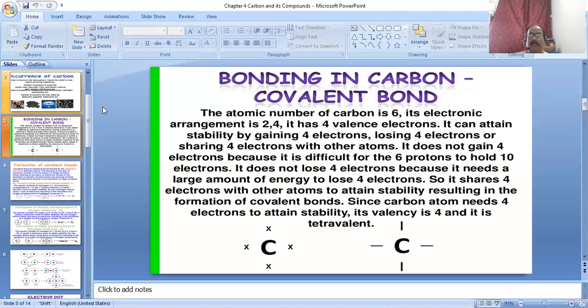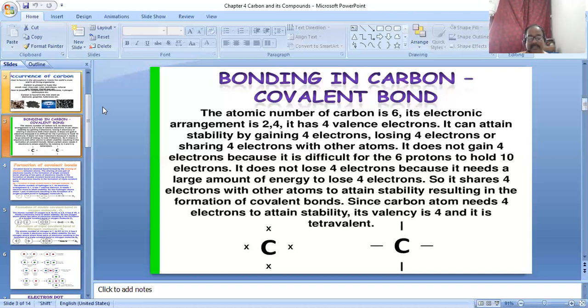You know that valence electrons are those in the outermost shell. Unpaired, unstable electrons are called valence electrons. So 4 means tetra, and with valence it is called tetravalency. So tetravalency means an atom of carbon has 4 electrons in its valence shell, so it needs 4 more electrons to complete its octet. Therefore the valency of carbon is 4.